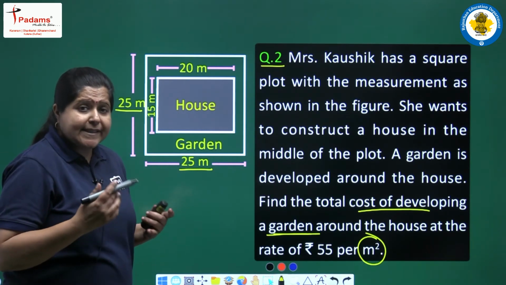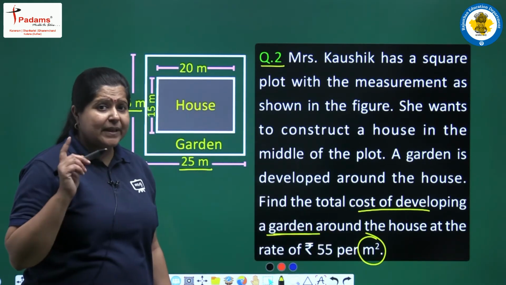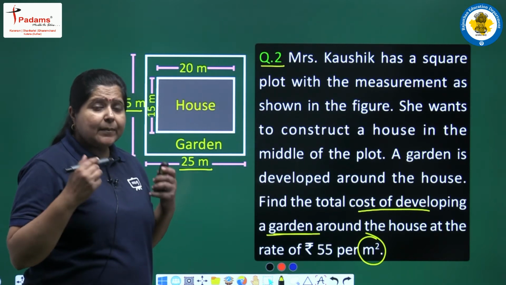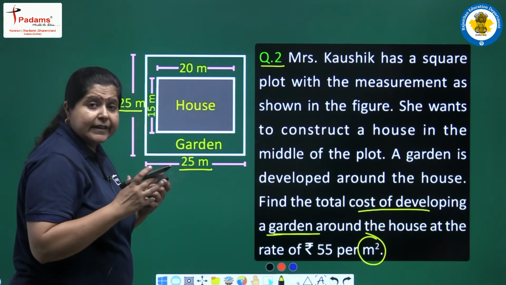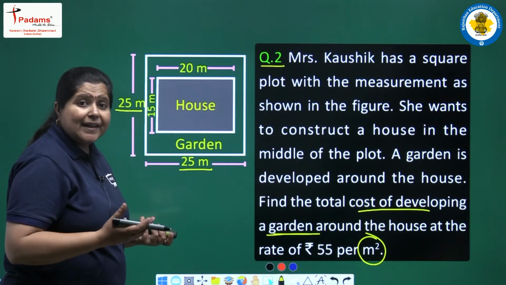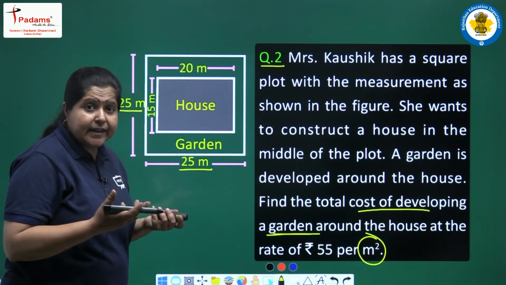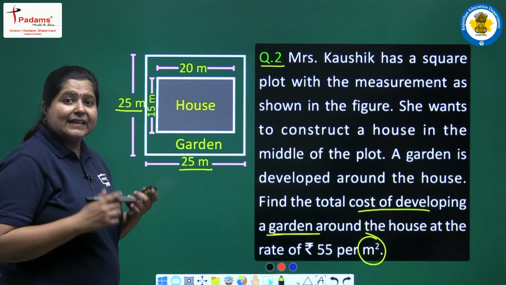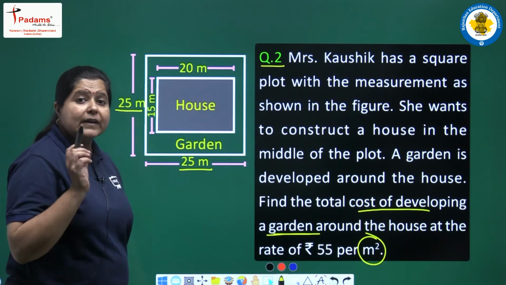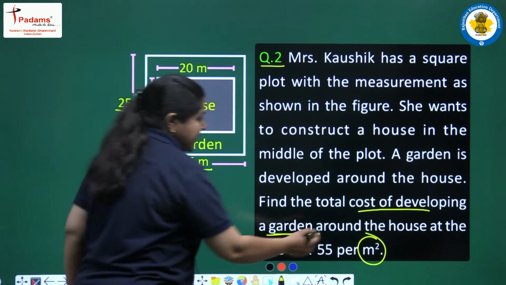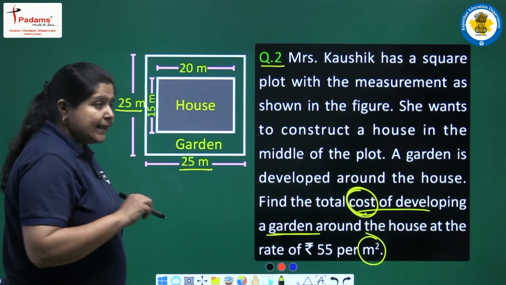तो यहाँ से आपको समझ में आना चाहिए कि हमें एरिया निकालना है, क्योंकि बहुत सारे स्टूडेंट्स कंफ्यूज रहते हैं कि क्या निकालना है। एक तो यूनिट देख लीजिए, मीटर स्क्वायर, this indicates that this is a question based on area. और कॉमन थिंकिंग से भी आप समझ सकते हैं कि क्योंकि गार्डन डेवलप करना है जो कि एक 2 डायमेंशनल फिगर है, तो हमें उसका एरिया निकालना होगा, कितना बड़ा गार्डन है, उसी के अकॉर्डिंग हमें पैसे इन्वेस्ट करने होंगे। एक्चुअली हमें यहाँ स्टार्टिंग में एरिया ऑफ गार्डन फाइंड आउट करना है, उसके बाद ही हम ये कॉस्ट फाइंड आउट कर पाएंगे।